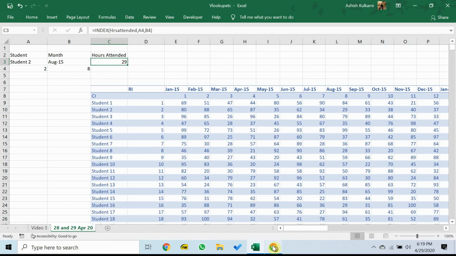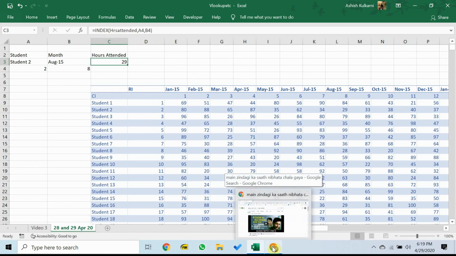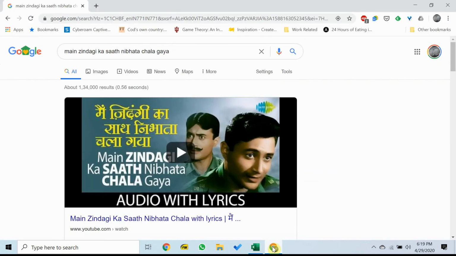My song recommendation for the day is one of my all-time favorite Hindi songs, Zindagi Ka Saath Nibhata Chala Gaya. Rafi on top form. The movie was great. Devanand was fantastic. But Mohammed Rafi is the kind of singer that we'll probably never, ever again see in our entire lives. And if you want to get a sense of what the man was capable of, this song is as good as any I've heard.